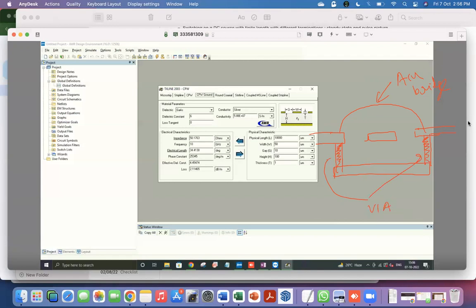It connects electrically the top ground planes to the bottom ground plane. And because the bottom ground plane is continuous, effectively it creates a connection between this side and this side. So that's why I said that this sort of looks like a half coax, where the ground plane is there. So this